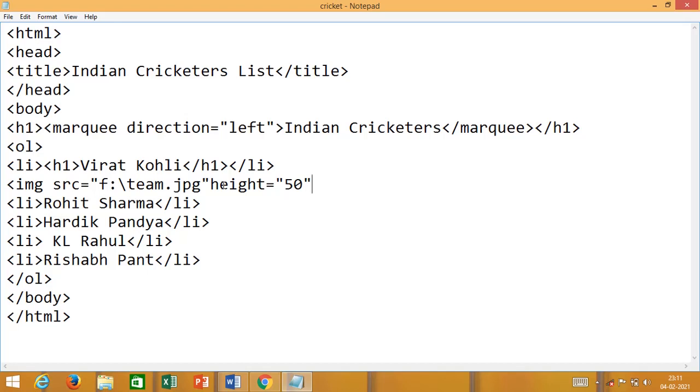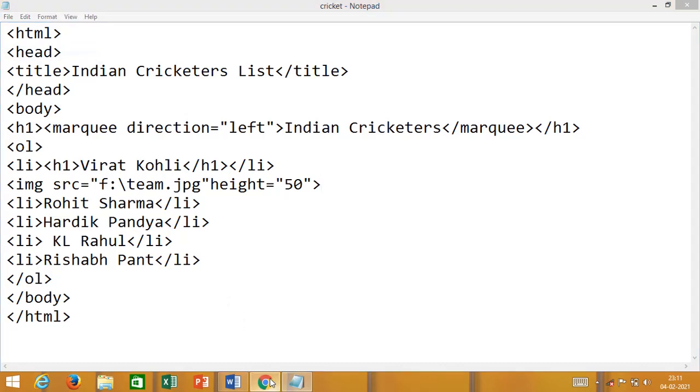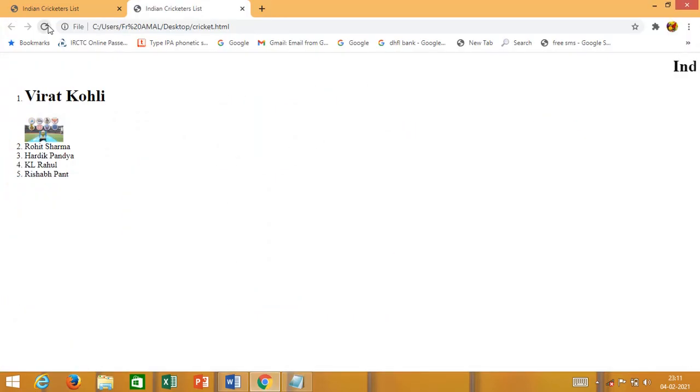It is written. In the same way I can write the height of the picture in pixels, and the width of the picture also in pixels. Let us say height I have given. Now close the src command, then go to save, click here and click on refresh.